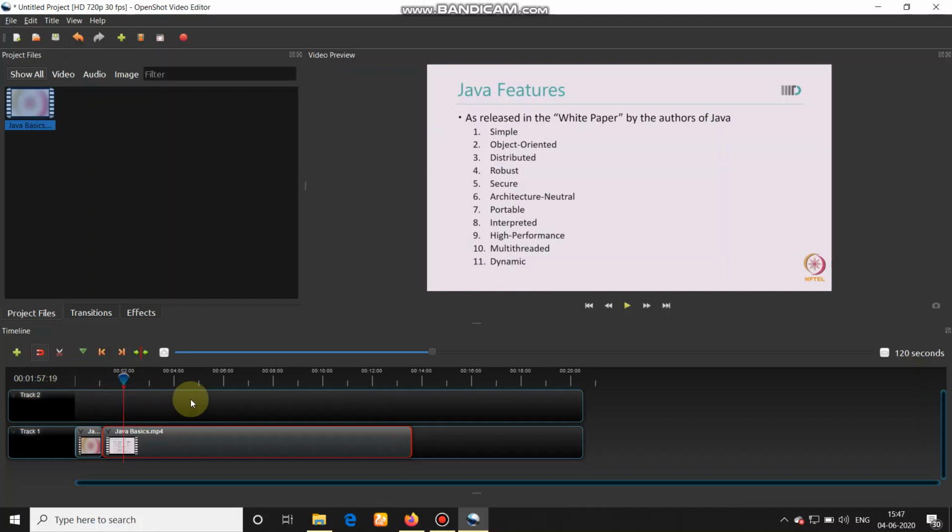So that thing we don't want in our video clip. So every time you go for selecting the clips, enable snapping tool. The drawback of this is that when you move your slider and when you go slice all, it is going to slice all the clips which are there in all the tracks.